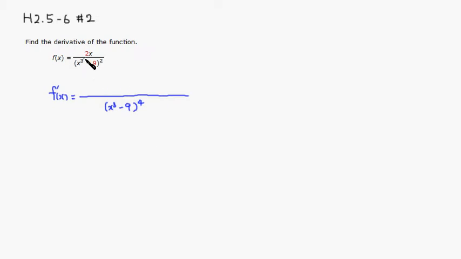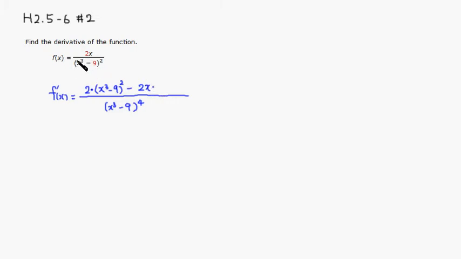Then the quotient rule. So the derivative of the top, which is 2, times the bottom. Just copy that. So you have x squared cubed minus 9 quantity squared, and minus the top guy, so just copy the numerator, 2x, times, then we have